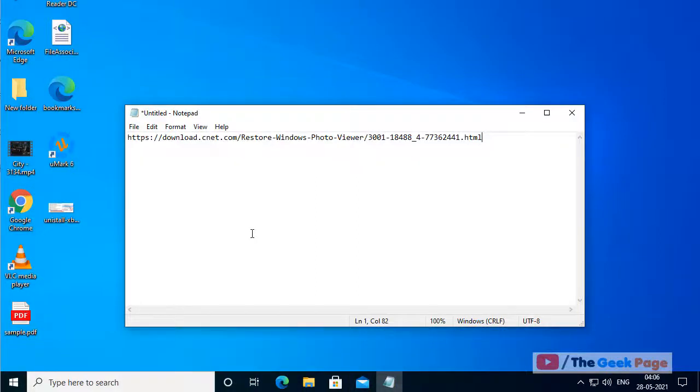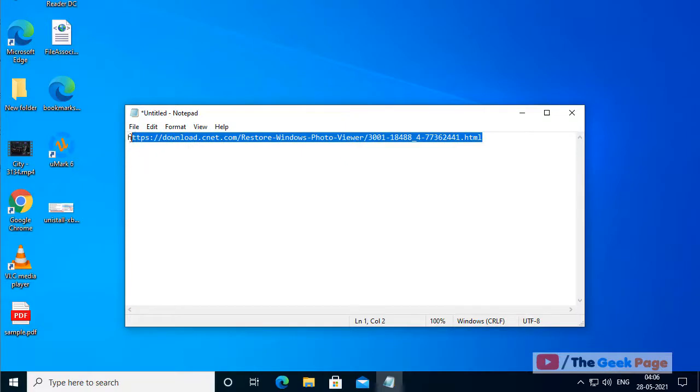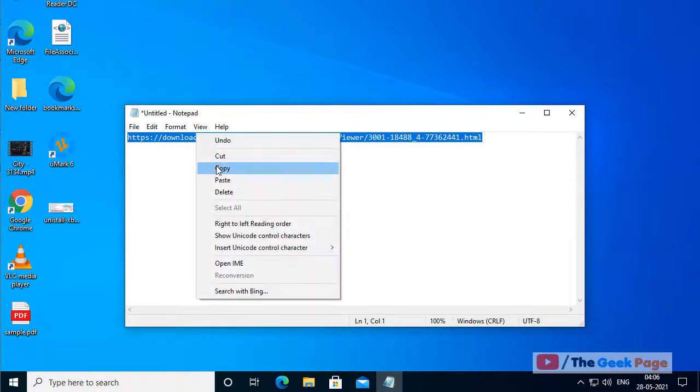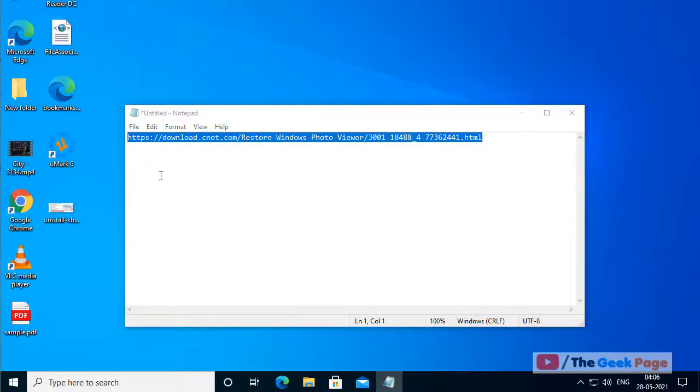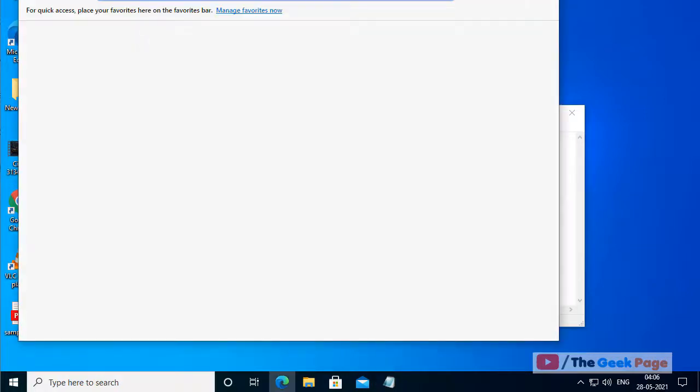Hi guys, so let's see how to restore old Windows PhotoViewer in Windows 10. Just go to this link. I have pasted this link in the description of the video also. You can directly click on that link and